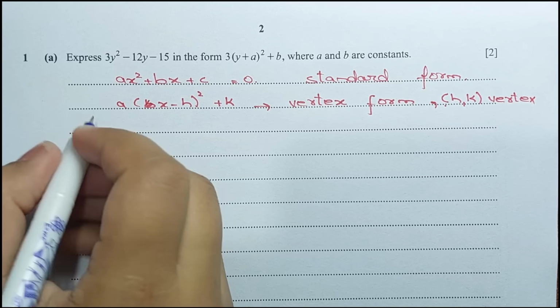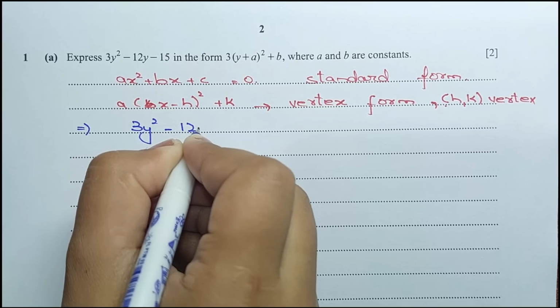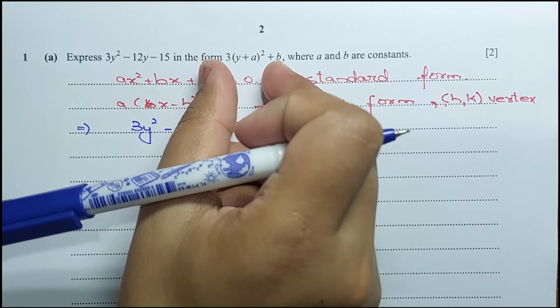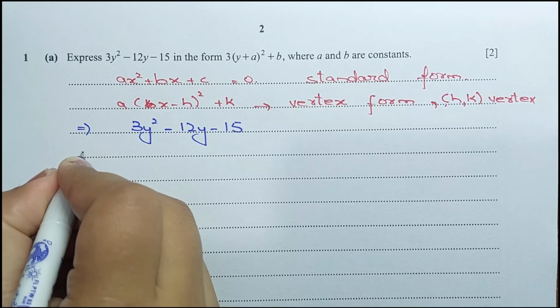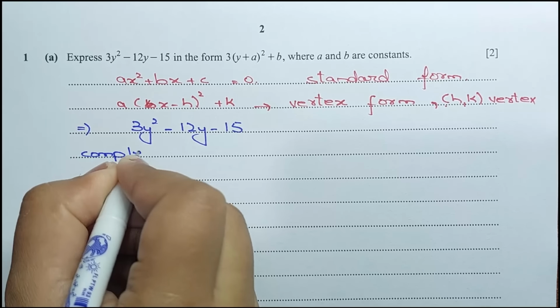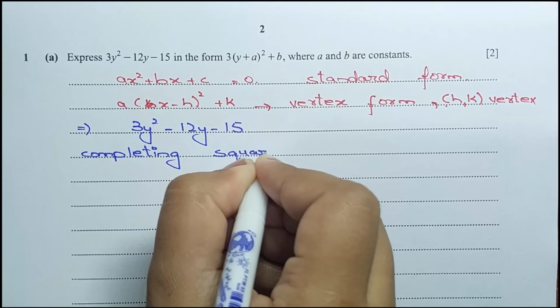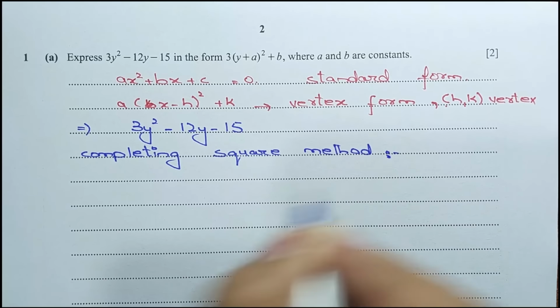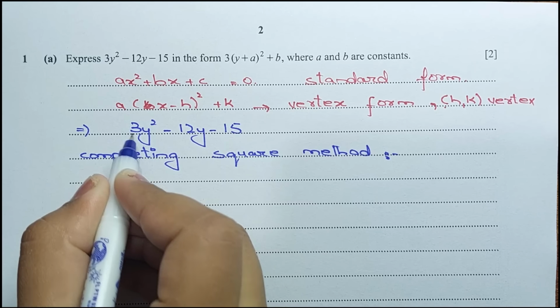Okay, now we have been given the standard form, which is 3y square minus 12y minus 15. We have to convert the standard form to the vertex form. Whenever we have to convert the standard form to the vertex form, we have to use the method of completing the square. So in the completing square method, the first step is to take the coefficient of the y square